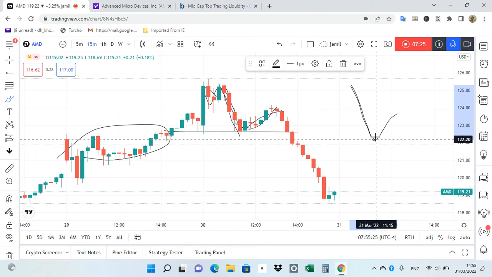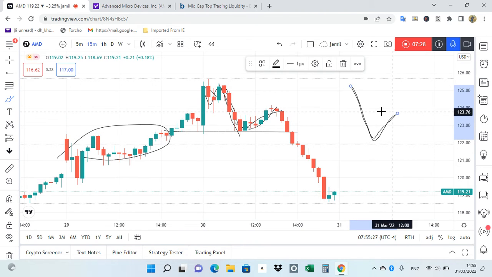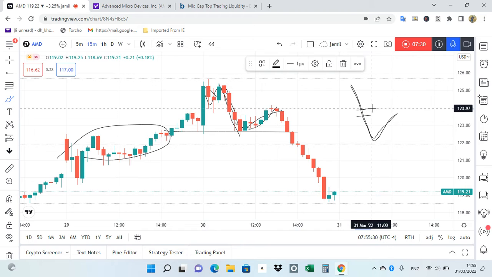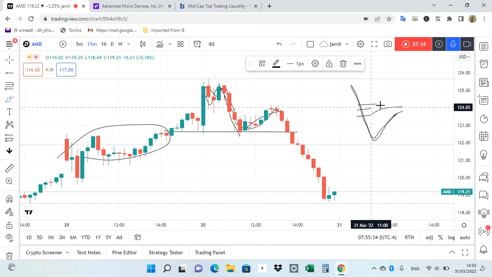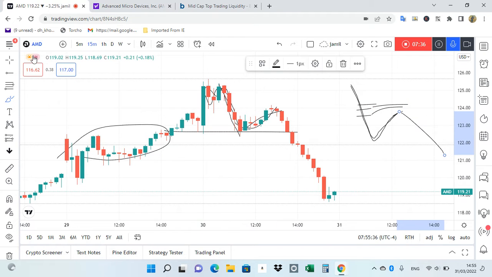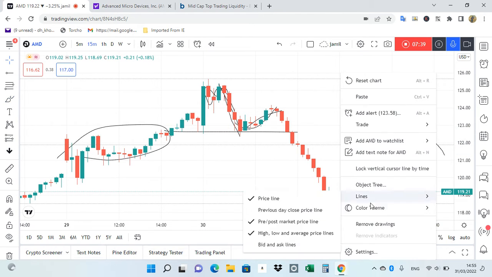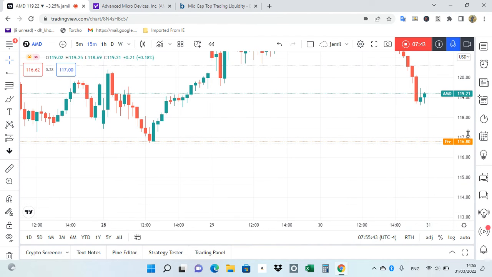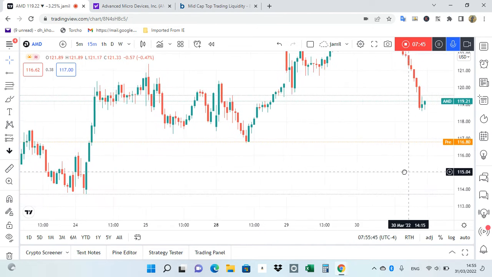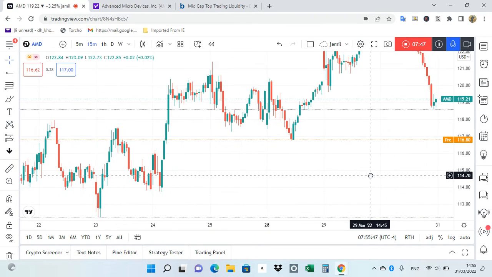The market will sharply fall, then buyers will come again. At each and every swing, sellers are waiting to short the market, and once they start to short, it will fall down. This is a similar pattern to what we saw yesterday on Advanced Micro Devices. So what we do in today's analysis, there are things we have to remember.